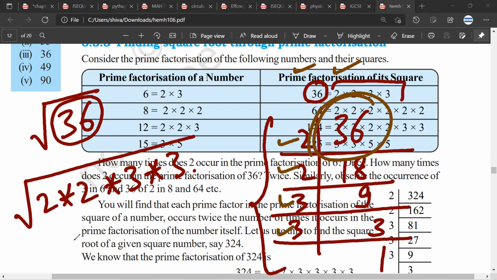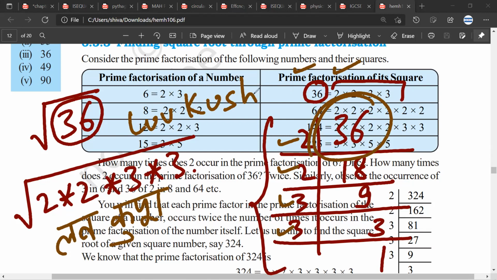Now, usually for finding the square roots using prime factorization, this is the example that I usually take: you need Love Kush. If you are aware of Mahabharata, then you need pairs of Love Kush. How do I find the pairs of Love Kush? So for example,